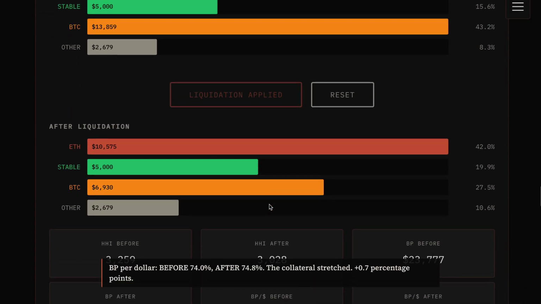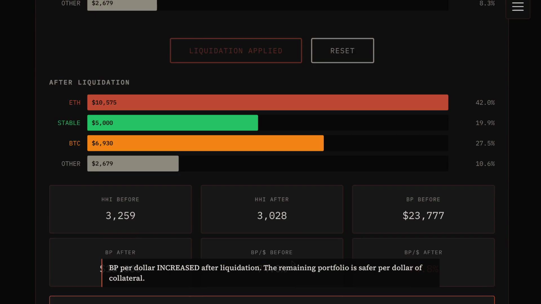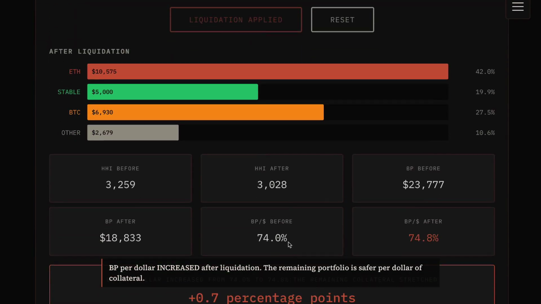As you can see in our new chart, 50% of the BTC position is seized. But look at the borrowing power per dollar metric. It went up. It went from 73.4% to